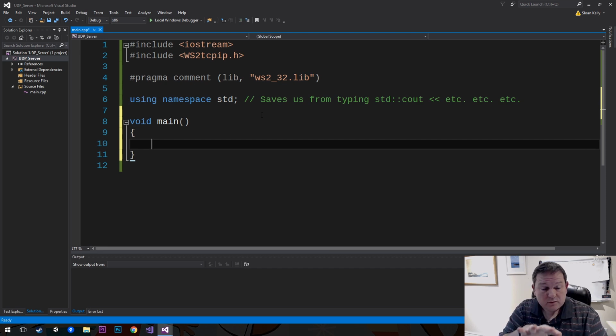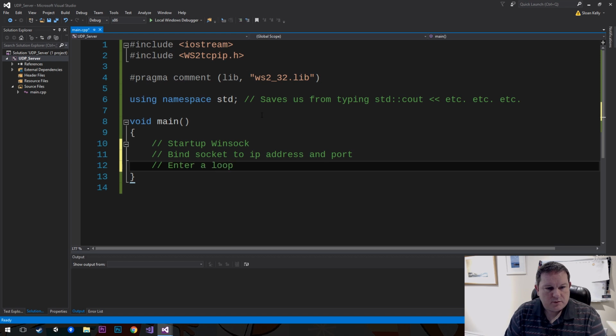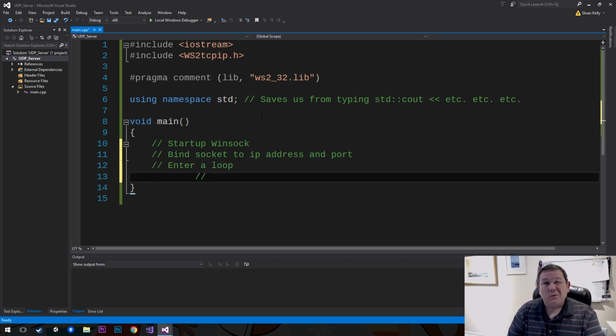I'm not going to take any input whatsoever for the server, so I'm just going to leave that as main. This is for the UDP server. We want to start up WinSock, bind a socket to an IP address and port, enter a loop, and then inside the loop